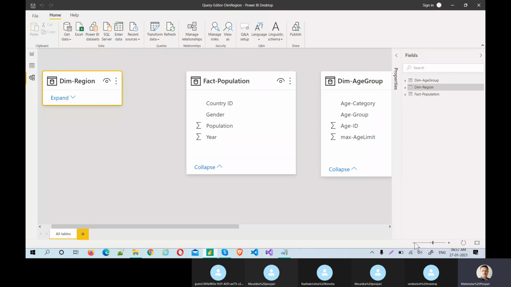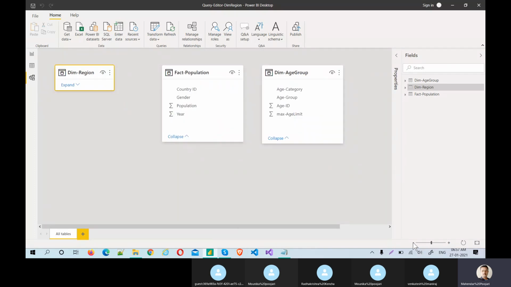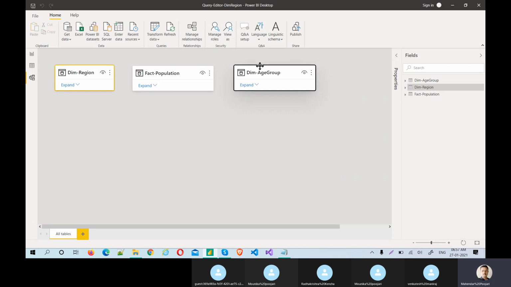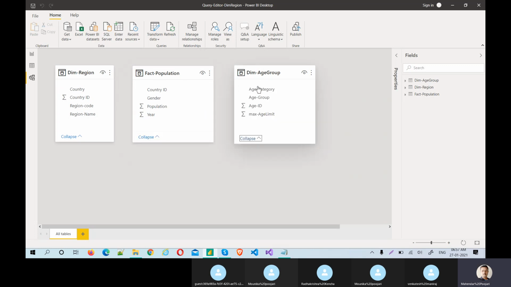This is more than 100%, so that is the reason. Make it 100%. So you can collapse them and just rearrange. Okay, now expand them.